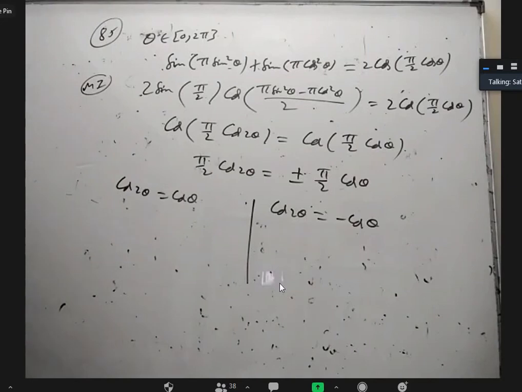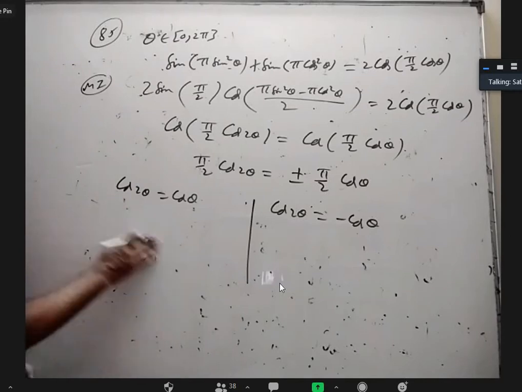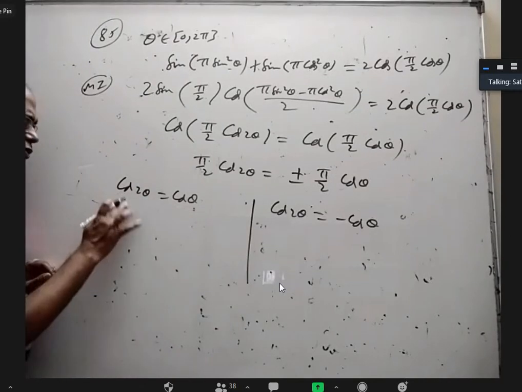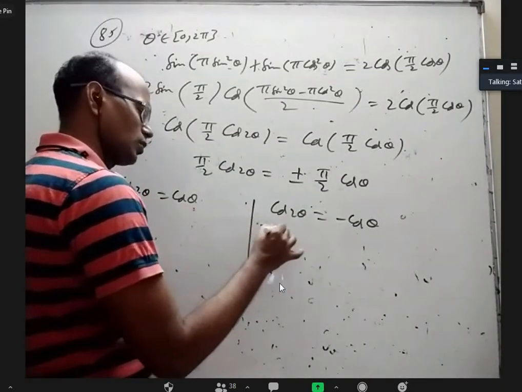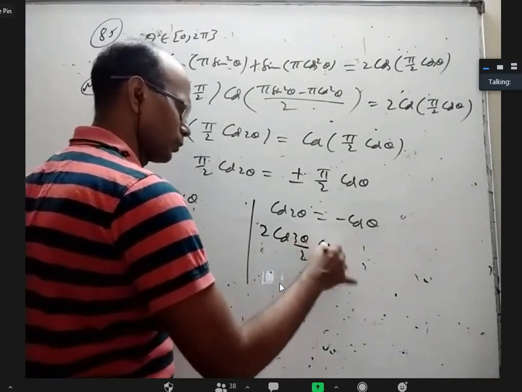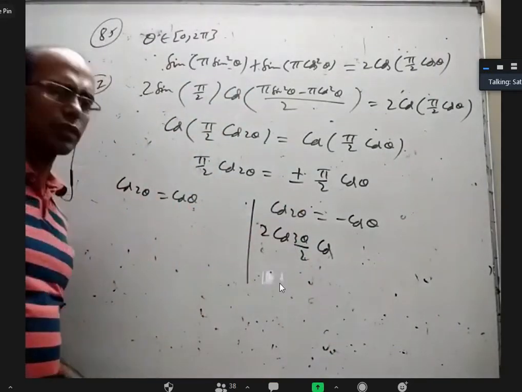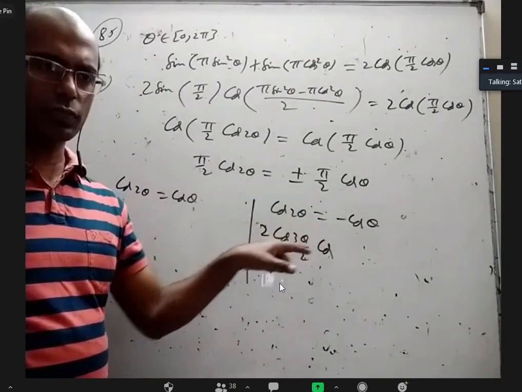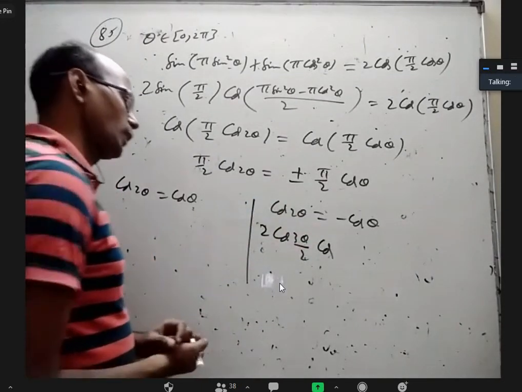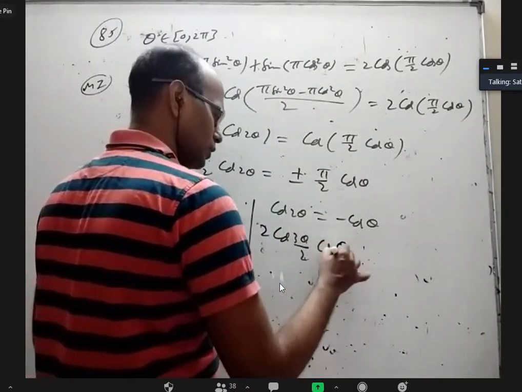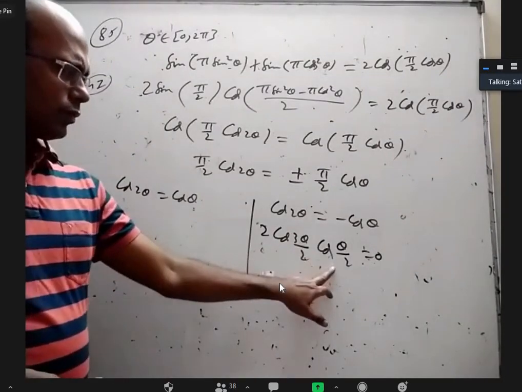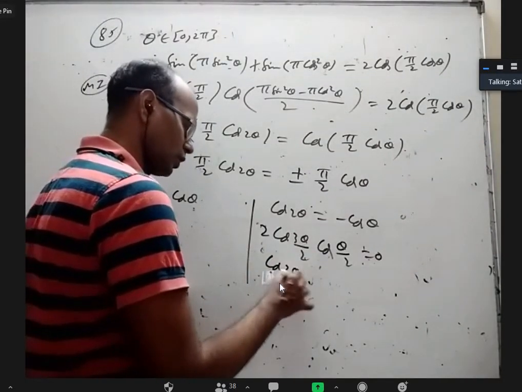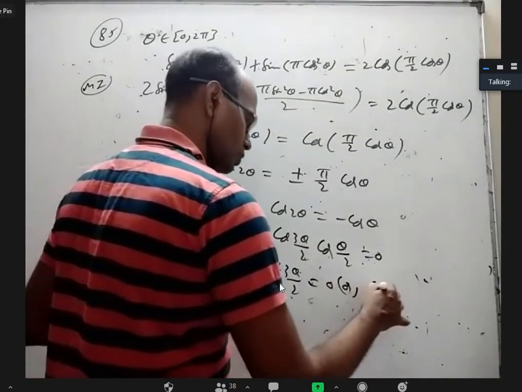Up to you now. You can use again the 2 n pi plus or minus theta formula. Or you can bring one side and apply transformations. It should be fine. So if I bring one side and apply transformations, cos C plus cos D is 2 cos 3 theta by 2 cos theta by 2. Or it is a quadratic equation also. You can write cos 2 theta as 2 cos square theta minus 1 and treat it as a quadratic equation. You can do that. Anyway, 2 cos 3 theta by 2 cos theta by 2 is 0. I'll get two options, that is cos 3 theta by 2 equal to 0 or cos theta by 2 equal to 0.